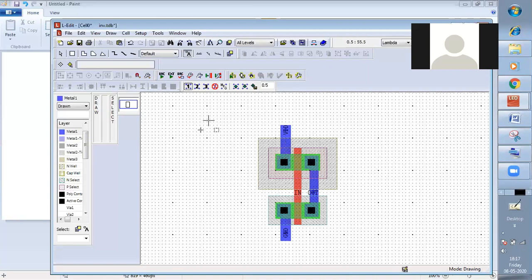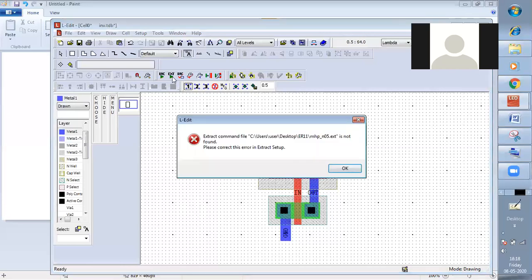Now, after this, in my software there is a problem in DRC, but we can perform the DRC, and if there is a mismatch of the dimension, it will show that dimension over here, right? Now, what we do is extract this, as we have done in the schematic editor. After drawing the schematic design, we extract that onto the T-Spice. Similarly, here also we extract that onto the T-Spice.